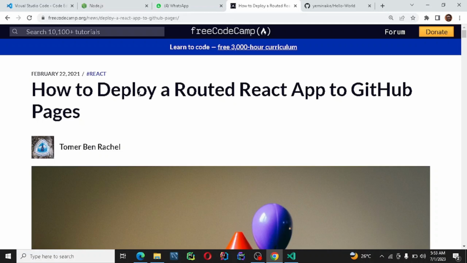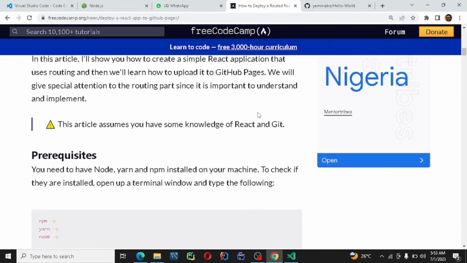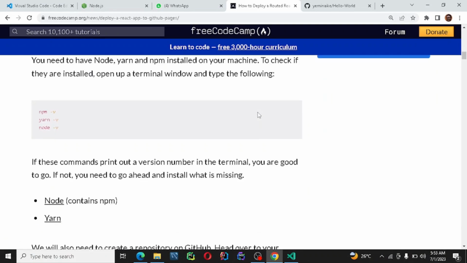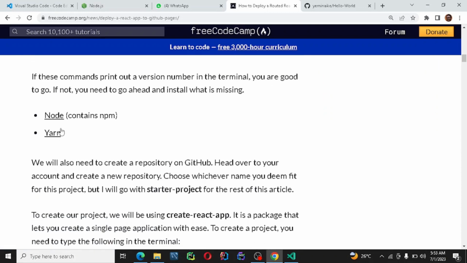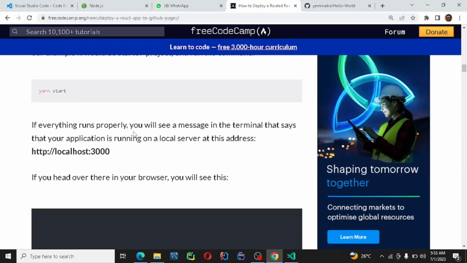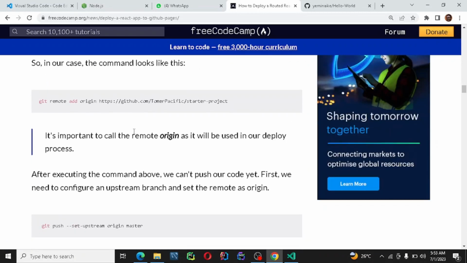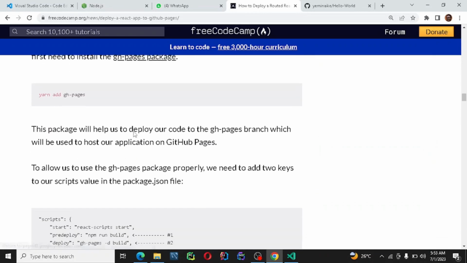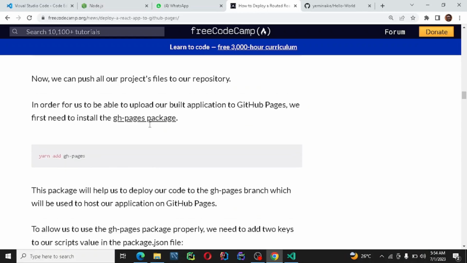It will take you straight up here if you want to deploy your React project or React application to GitHub. As you can see, they use Yarn, but I'm using npm. I don't know about Yarn, it's just Node I'm going to be using here. So the first thing we are going to be doing now is that we are going to follow this